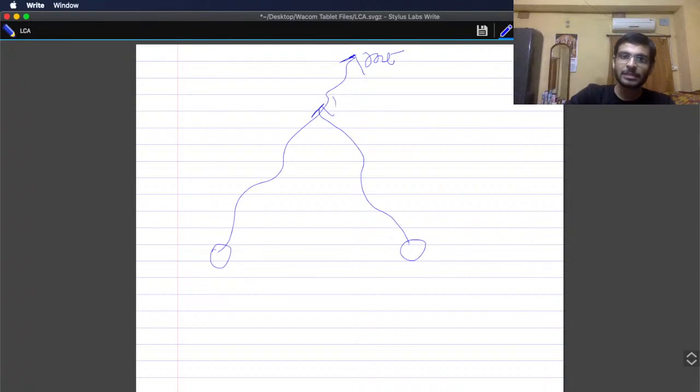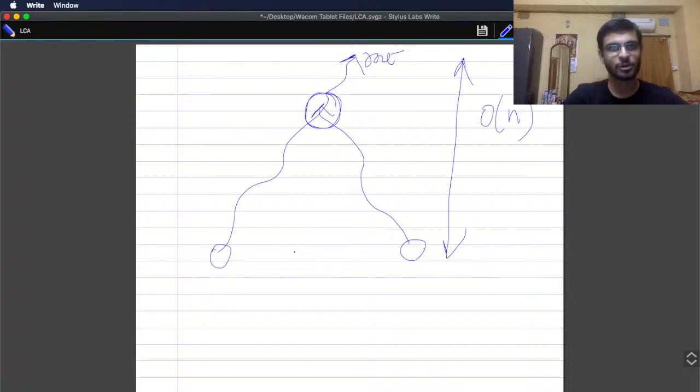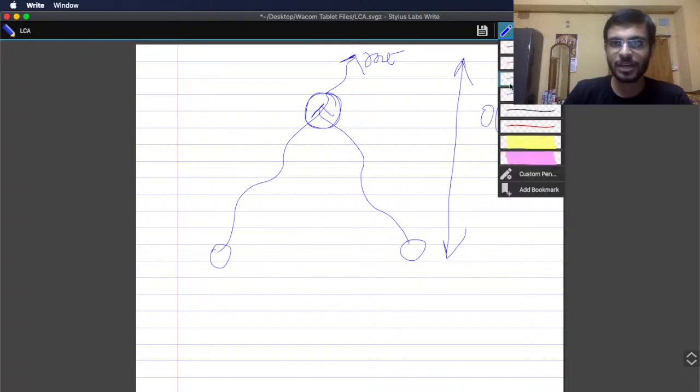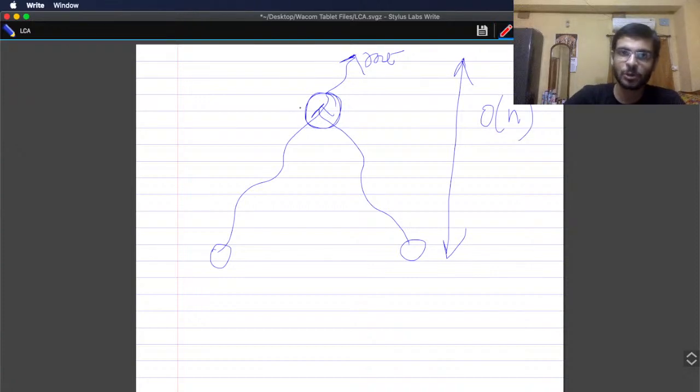So we need to basically find this point, and this height can go up to order n, but we need to find it in a shorter amount of time. So can you relate it to your linked list kind of question, where we take the same kind of steps, we know it is located at the same distance. What shall we say? First take one step, or first take a giant step, and decide that taking that giant step,